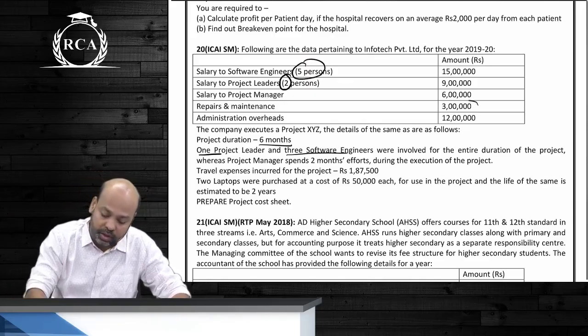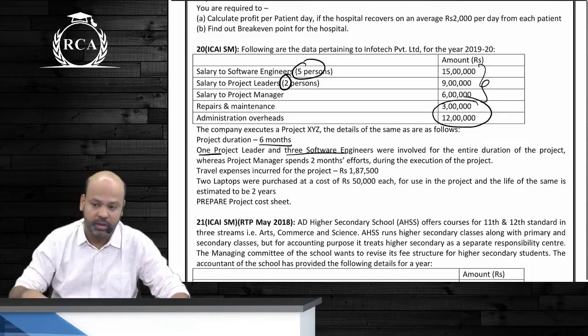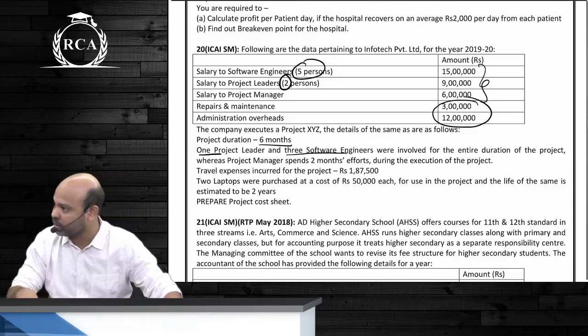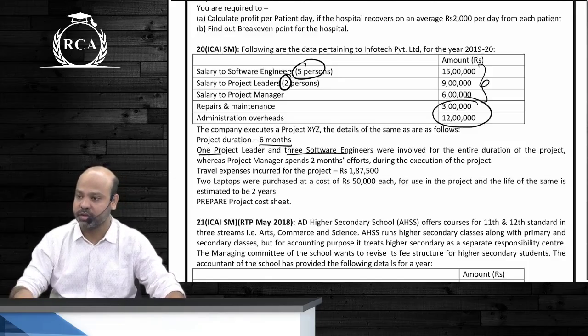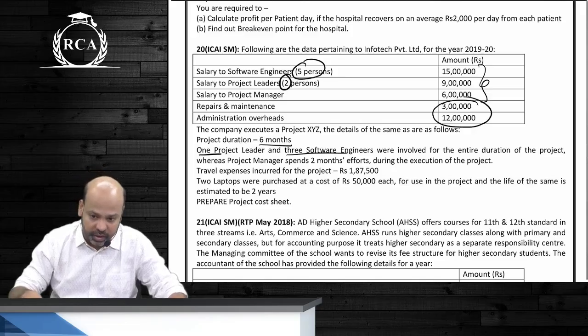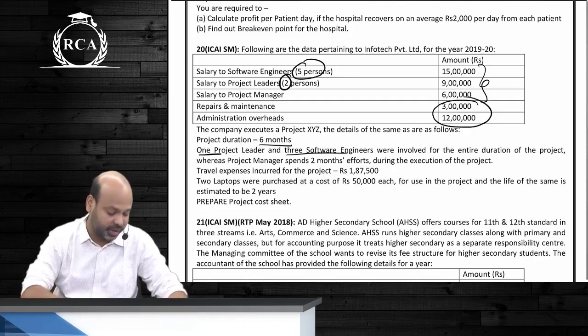You will have to allocate these expenses as a percentage of salaries. That was the most important part of the question, guys. Effort cost includes salaries and also includes a share of common overheads. Are you all understanding this? Write it down, most important. Mark it as important. Repairs and maintenance in that.